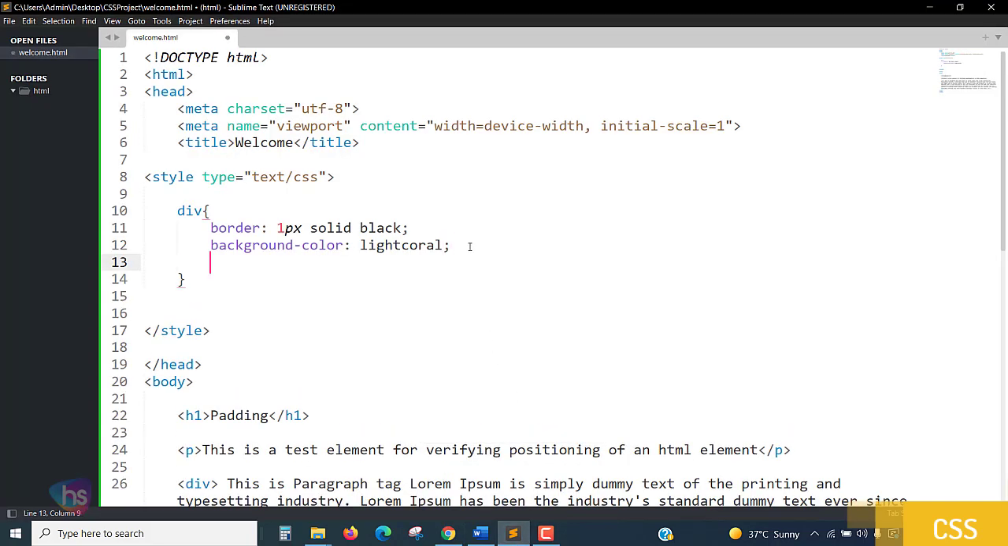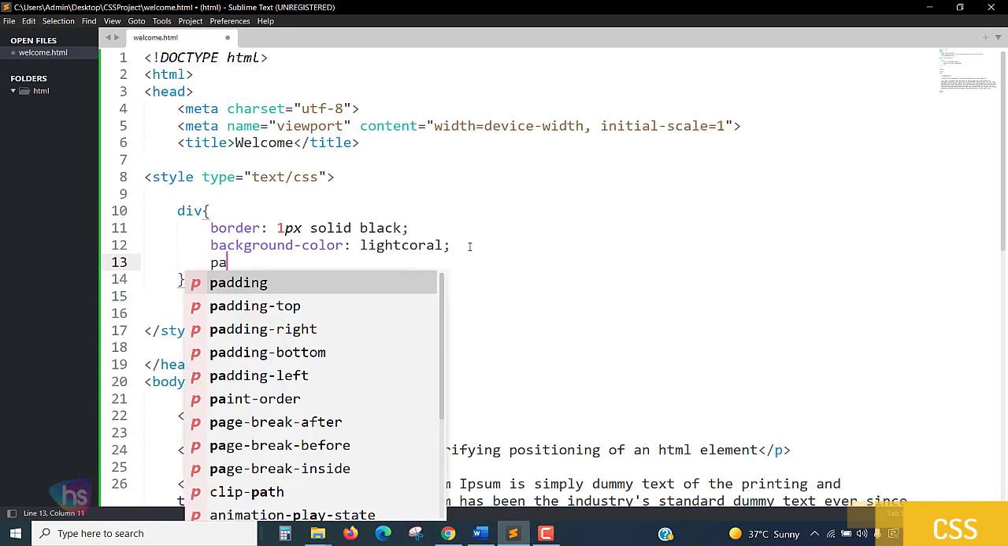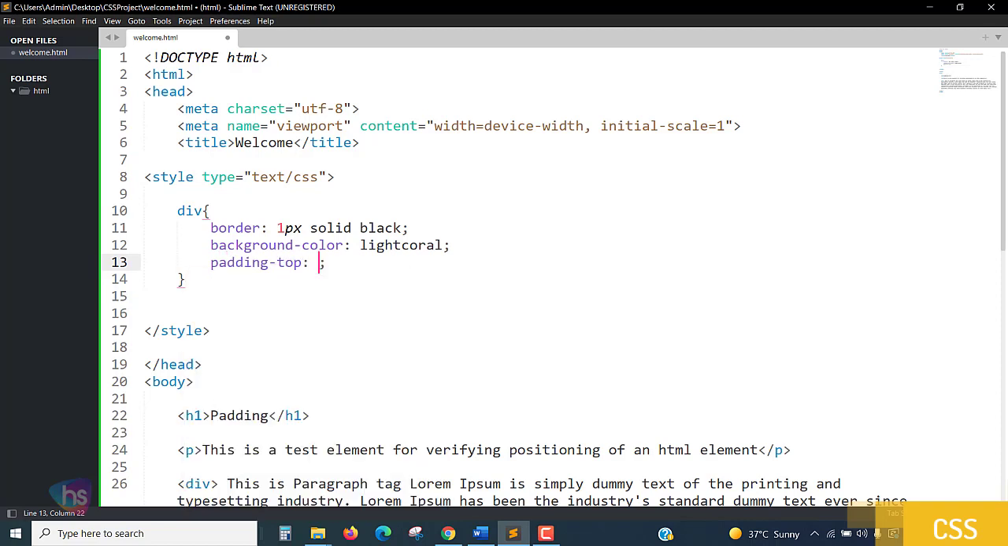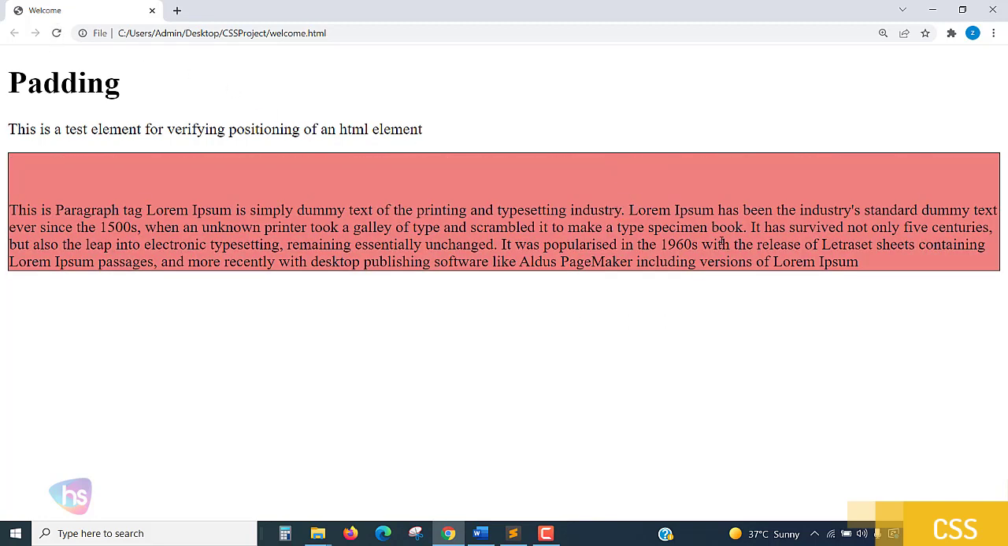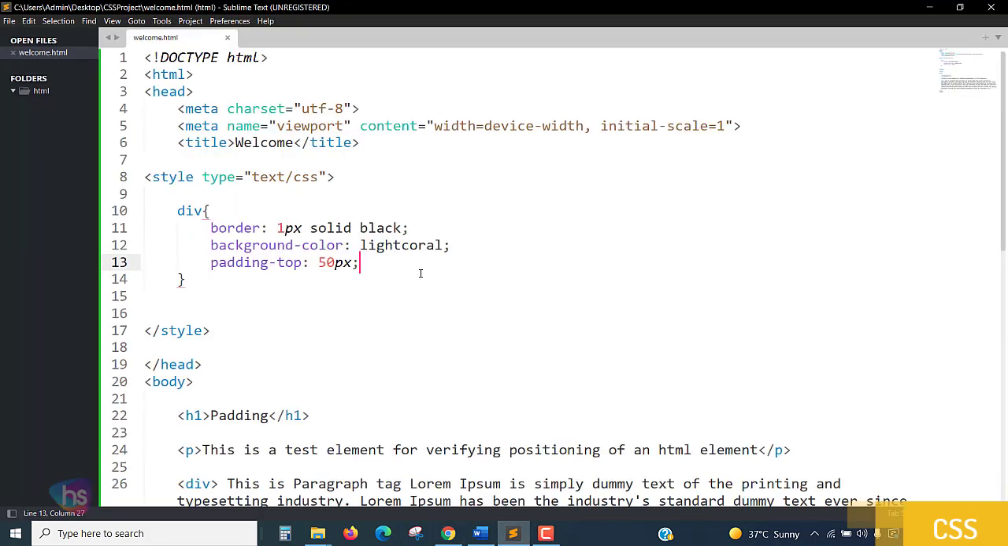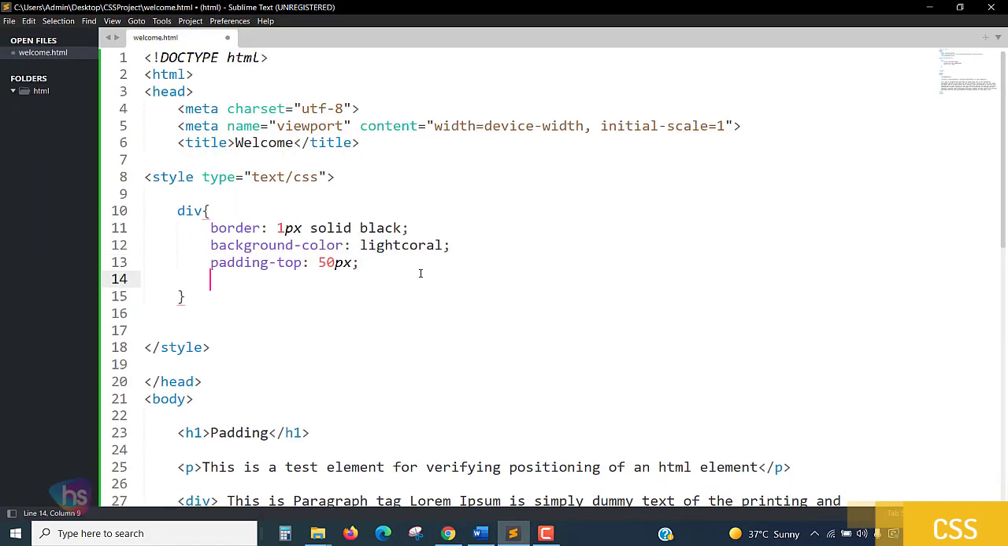And now the padding. First I'm taking padding-top as 50 px, 50 px only. Save this. And see, when I am refreshing the page, let's observe very clearly inside the box. So reload. Wow, the 50 px is there. So earlier we have seen the space outside the box, and now we are seeing